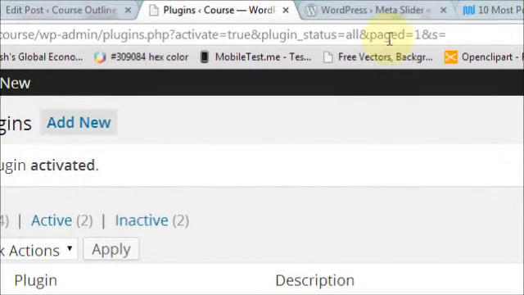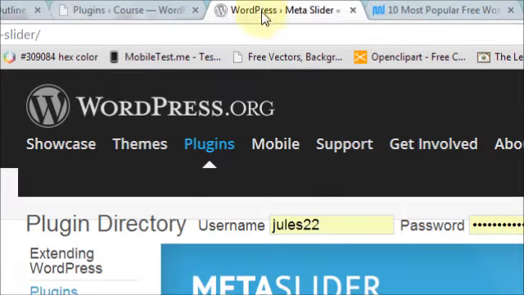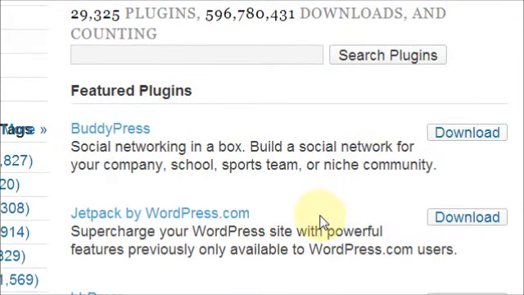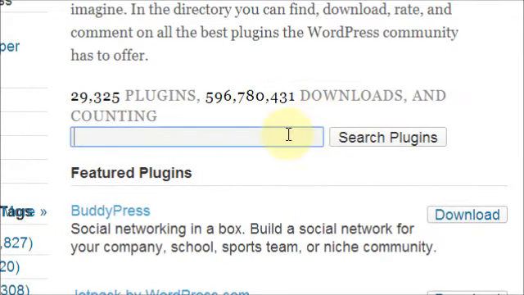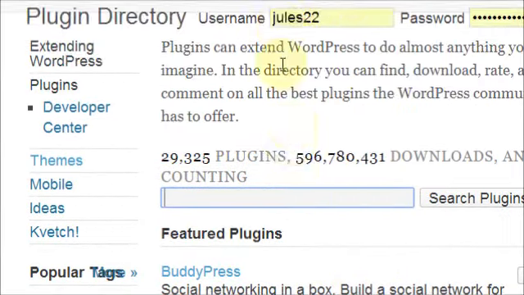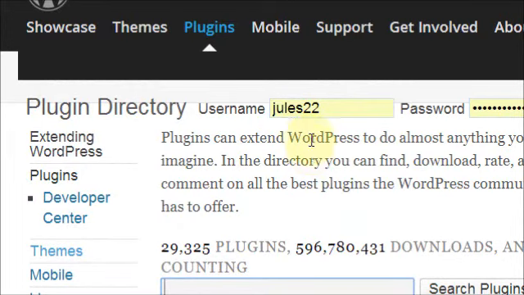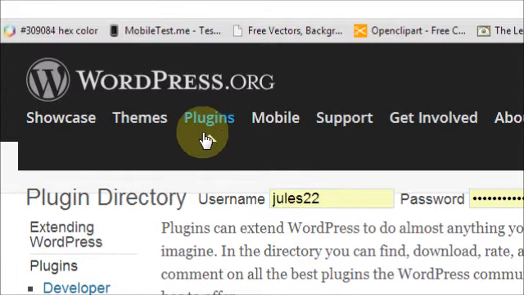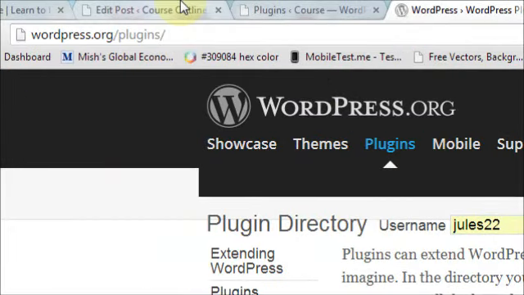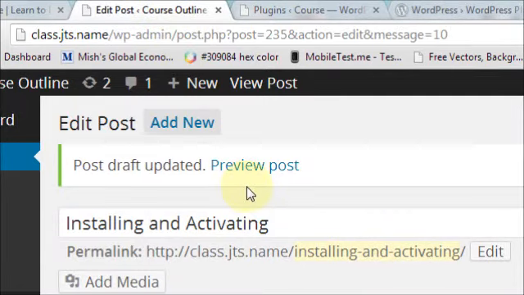And that only includes the plugins that are in the WordPress.org plugin directory. All the plugins that have been added to this directory have to follow a certain format that WordPress specifies so that they can be put in this directory. But sometimes you may want to buy a plugin, if you can't find one that's free. And if you want to install one that you buy, all you have to do is go